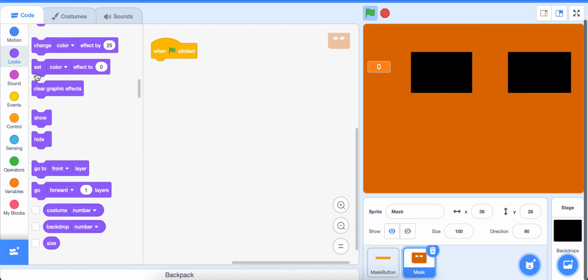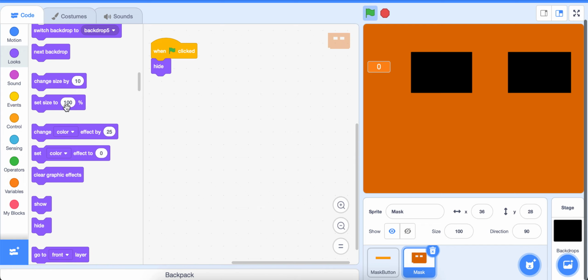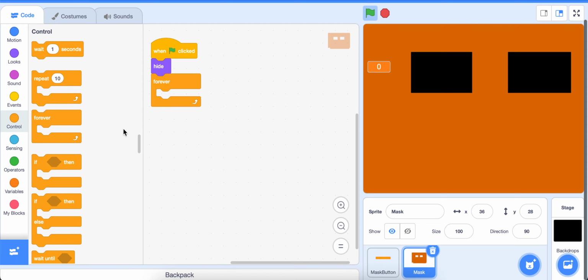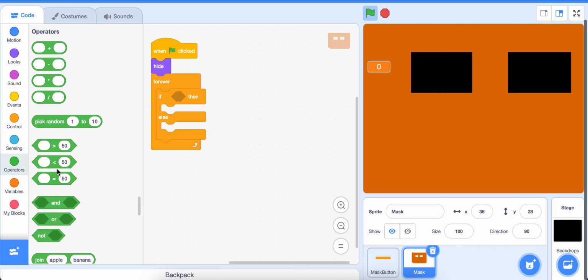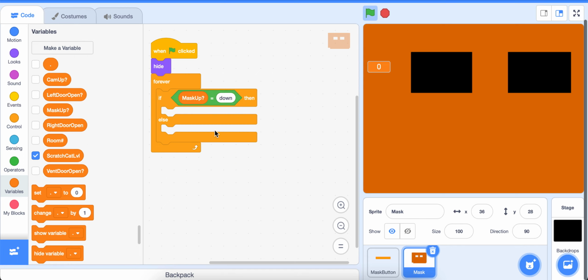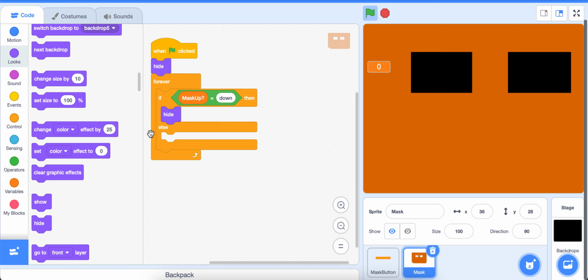When flat clicked, hide. And then forever, if mask equals first, if mask up equals down, so the mask is not on, then it will hide. Otherwise, it will show,